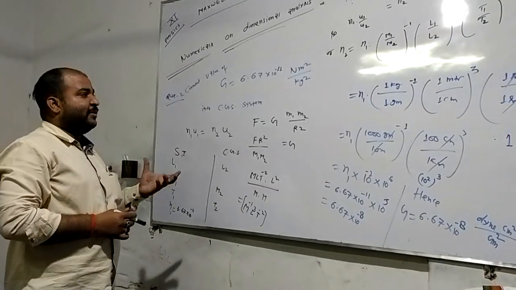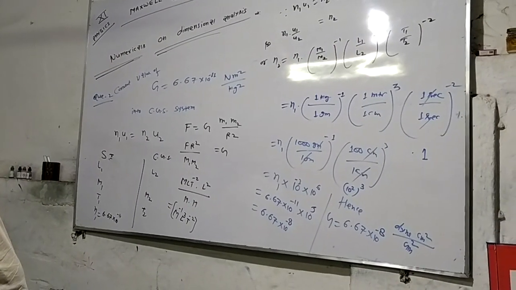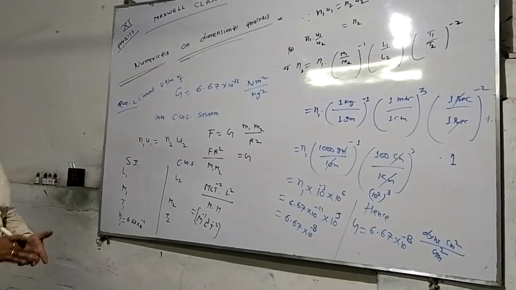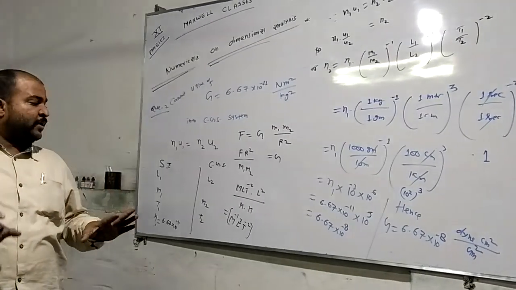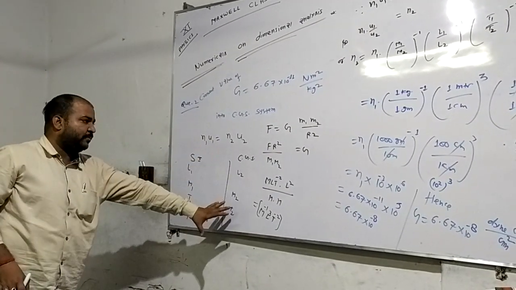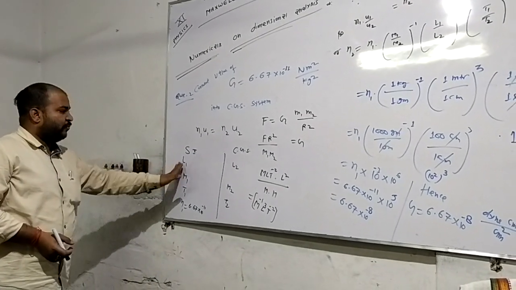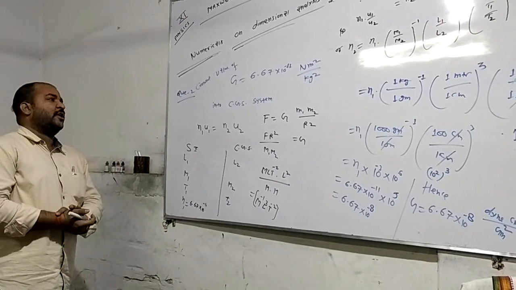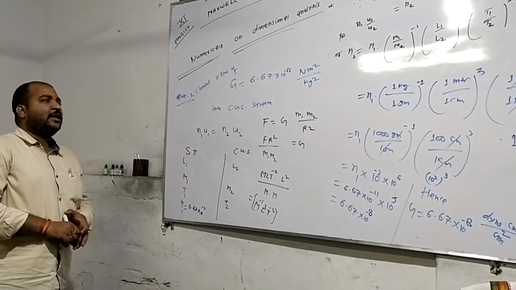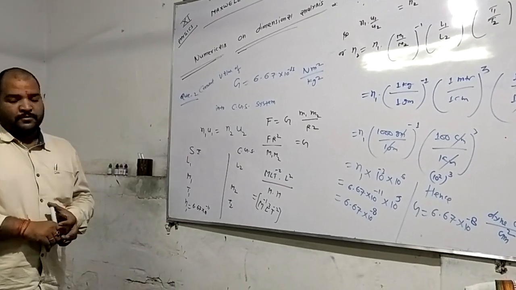Look at here. This is the application based on the second application, in which we are to convert the given value of a physical quantity in another system. Keep in mind the theme, which is the essential step. The theme is N1 U1 equals N2 U2. Only we are to identify in which system the value of the physical quantity given is to be converted. If it is asked by the question in a system, then all right. If it is not asked, then we have to think which is the new system. Okay.